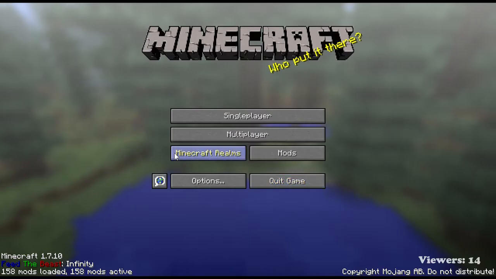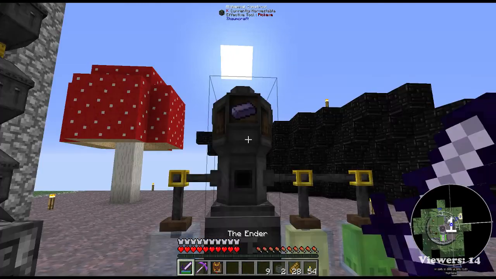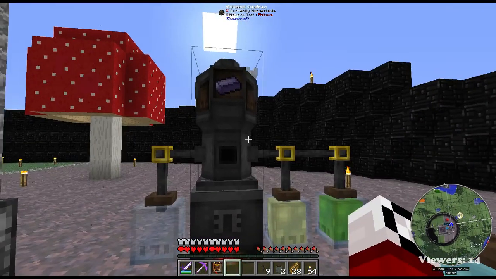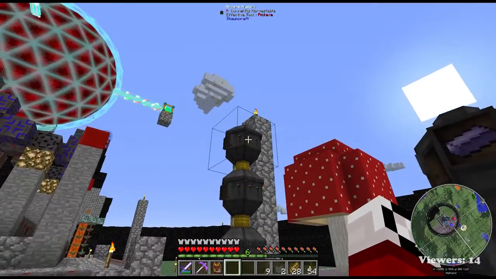Alright, let's go back, hop on the server, since we know that kind of doesn't do what we want it to do. Maybe we can get it to work, but I was thinking of having like a wavy floor or a wavy ceiling, or have it go in like a wave with the